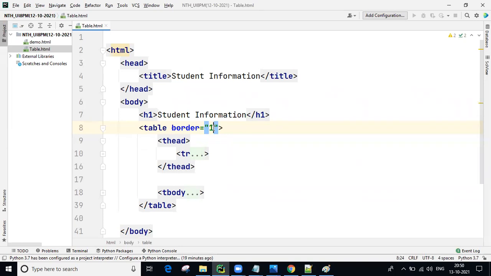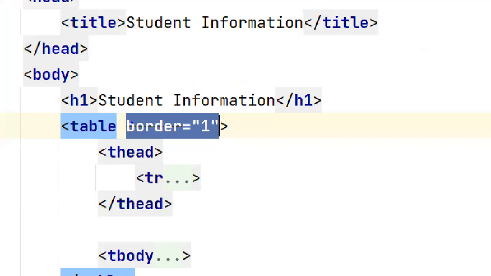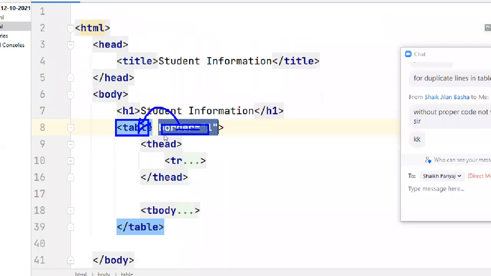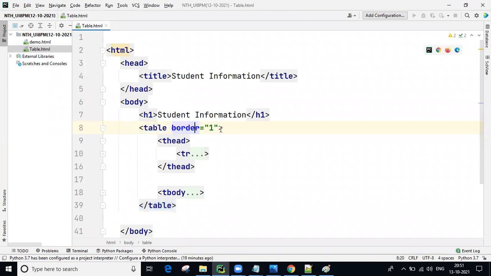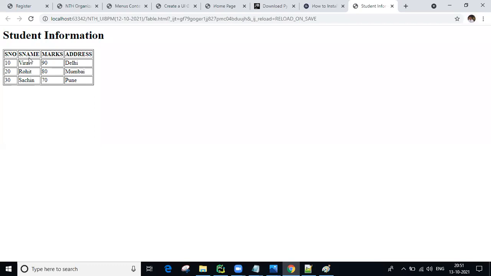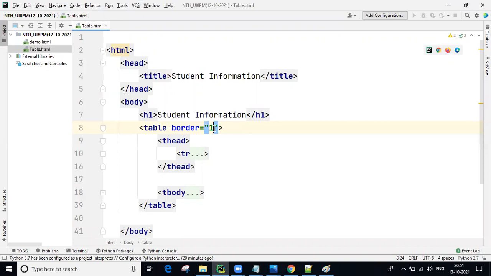Attributes give some extra information to the HTML tags. If this border attribute is not there, the table does not have border lines. But if you want border lines for the table, you use border equal to some value. If you use a larger value, you get thicker lines. That's why we give 1 or 2 at maximum.